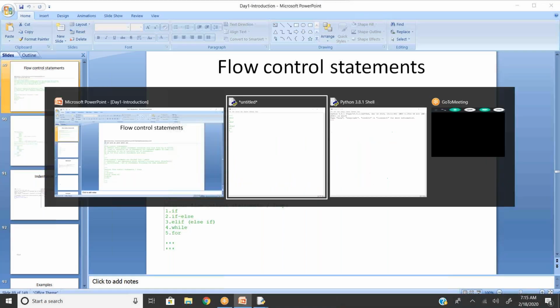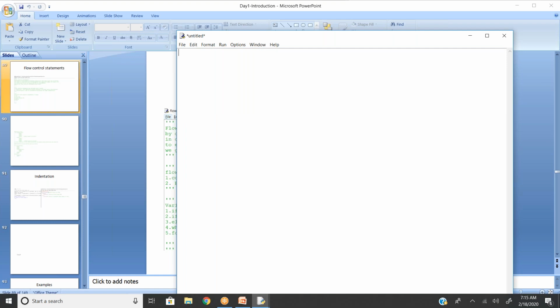For example, in C++ I'll write something like this: if condition, then a curly bracket, write whatever you want, then close the curly bracket. Similarly in Java or C, you give the curly brackets before starting the block and after ending the block.